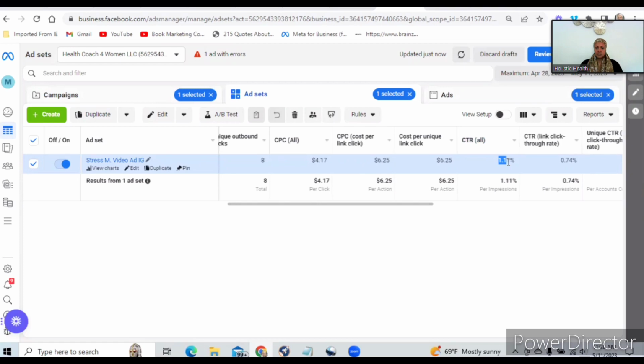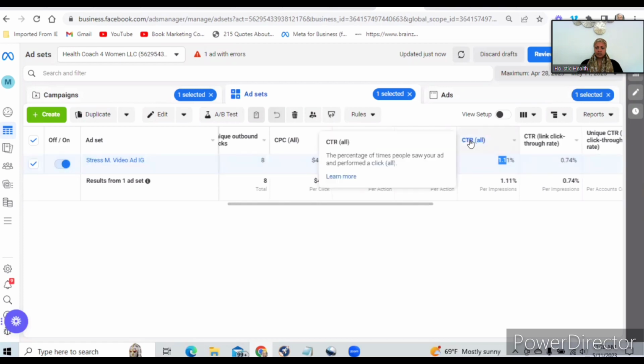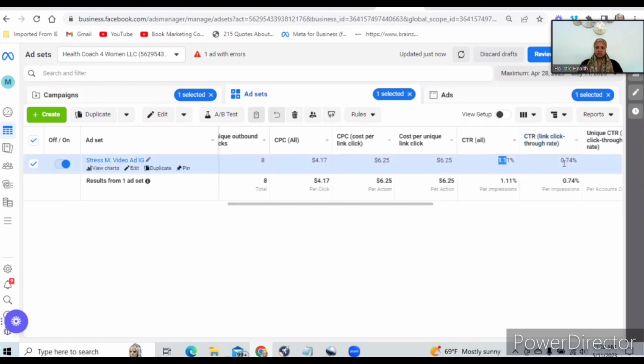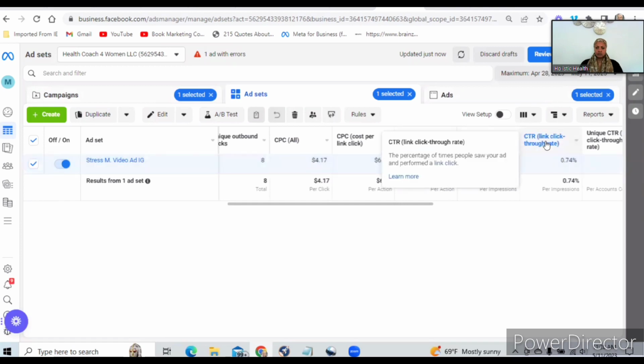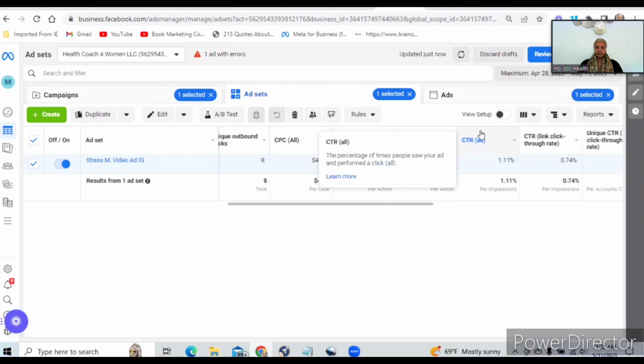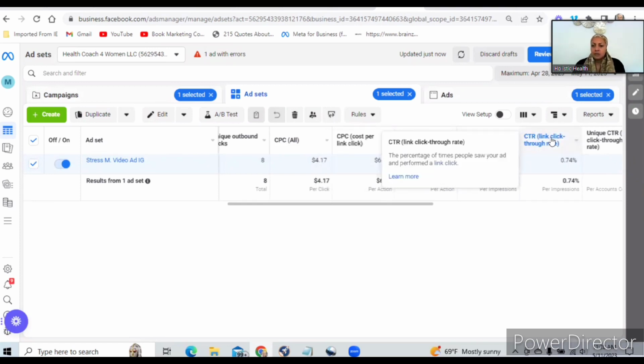You should be averaging 3% CTR, which shows that your copy and your creative is resonating with the audience. And then the CTR link through rate should be at least 1.5%, which shows your audience are clicking through your ad. So if your creative and your ad copy does not resonate with your audience, they won't be able to